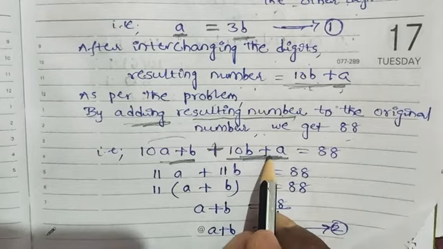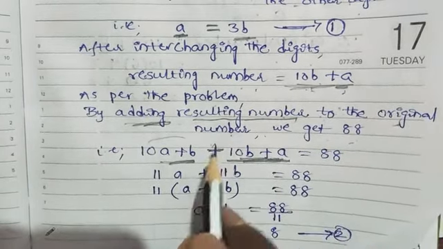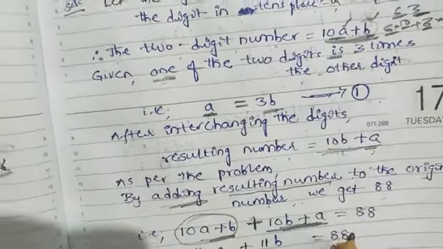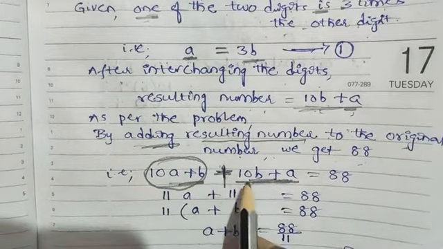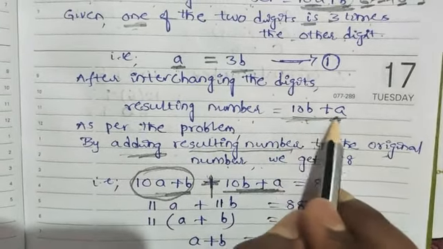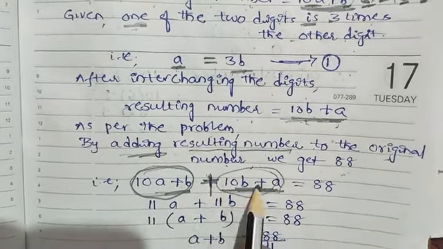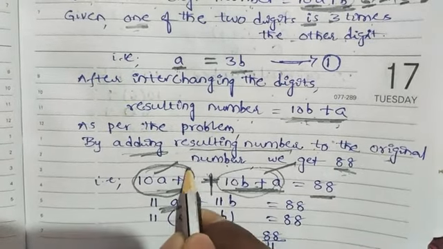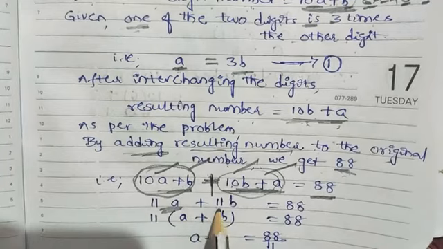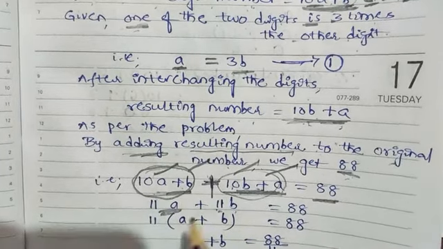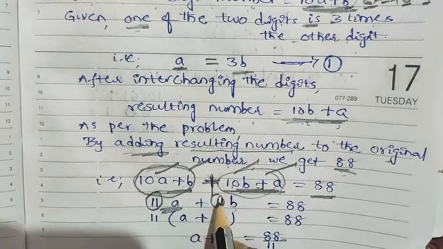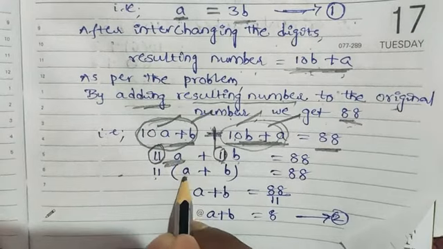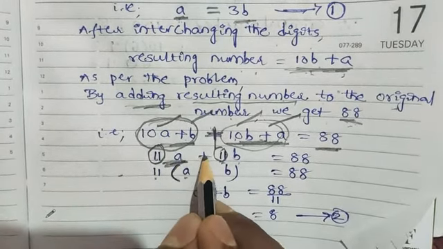10B plus A is the resulting number. We should add it to the original number. The original number, meaning the first number before interchanging, is 10A plus B. So to this original number we add the resulting number, the new number after interchanging the digits, that is 10B plus A. So both are to be added. You will get 88. So 10A plus 1A is 11A, and 1B plus 10B, 1 plus 10, is 11B. So here also 11 is there, here also 11 is there. You can take 11 common. Once you take 11 common, 11 goes outside. What is left? A. So 11 bracket open, A plus